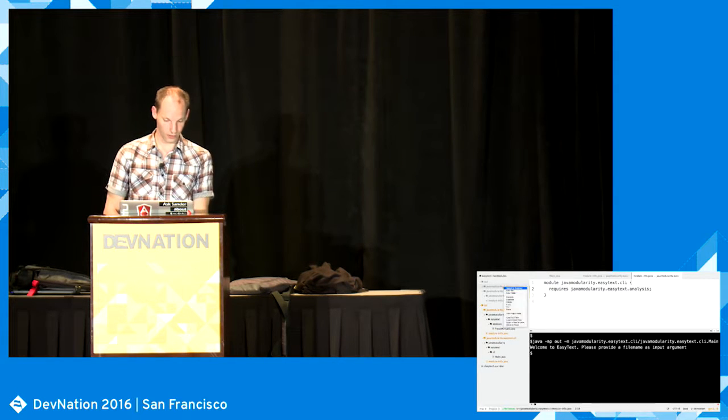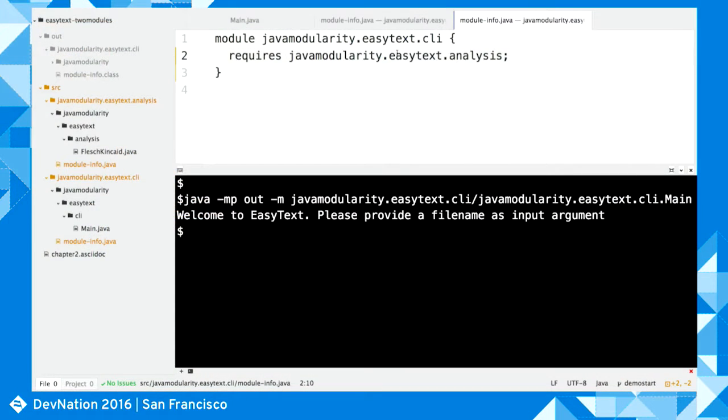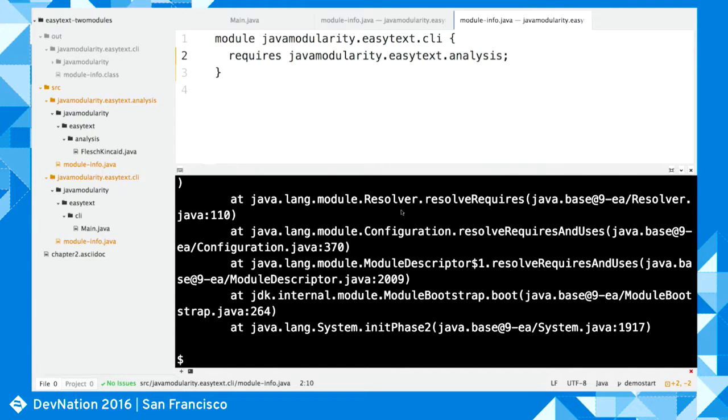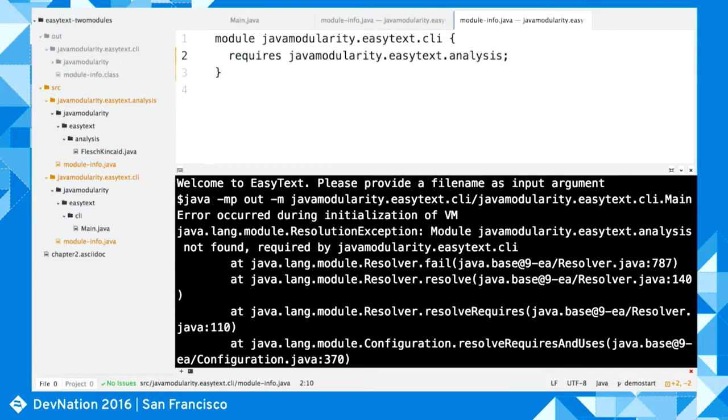And we can even see that if we delete this analysis module and we try and run the same application again, it actually yells at us during startup time rather than at runtime with some class not found exception or whatever. In this case, it says, okay, there is an error, there's a module resolution exception.